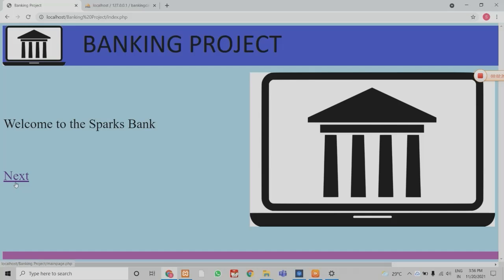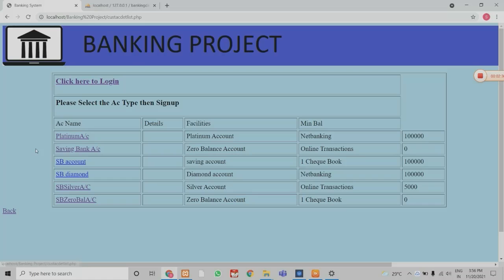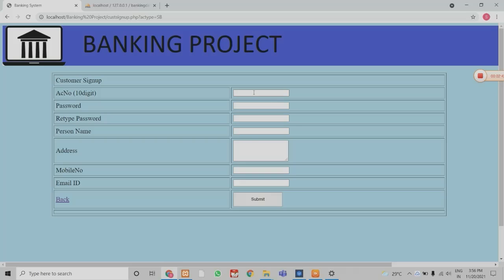Again it will appear on the main page. Go to the customer. If you are an existing customer, you can directly log in. If you are not, then you create a new account. Click customer sign up for a new user.